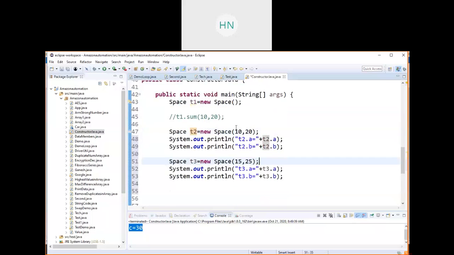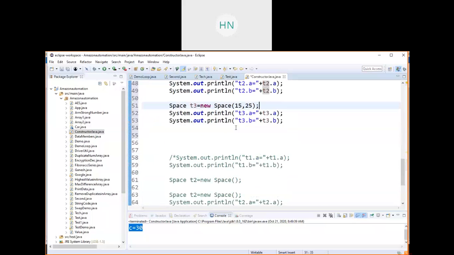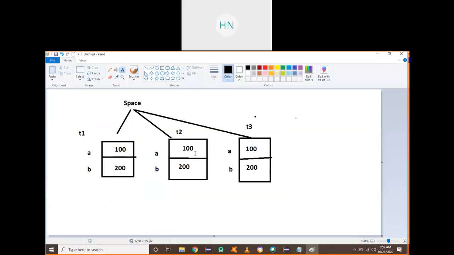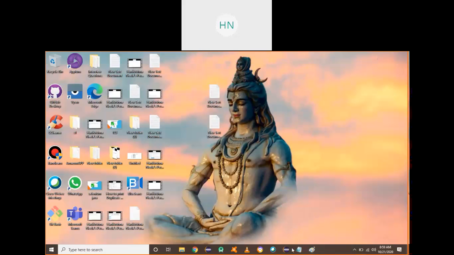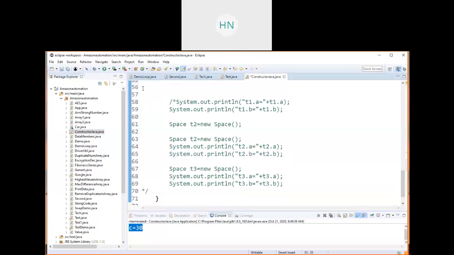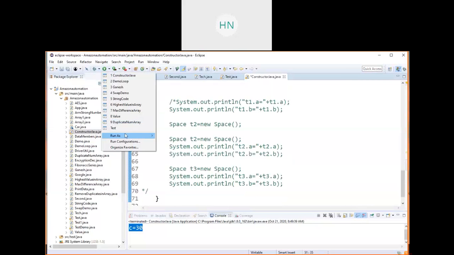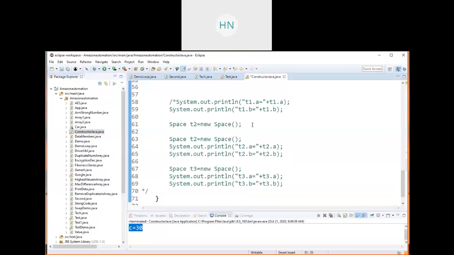So you can pass different values. If you refer to this diagram, T2 consists of 10 comma 20 and T3 consists of 15 comma 25. That is for the parameterized constructor. I will execute my program and showcase the result to you.